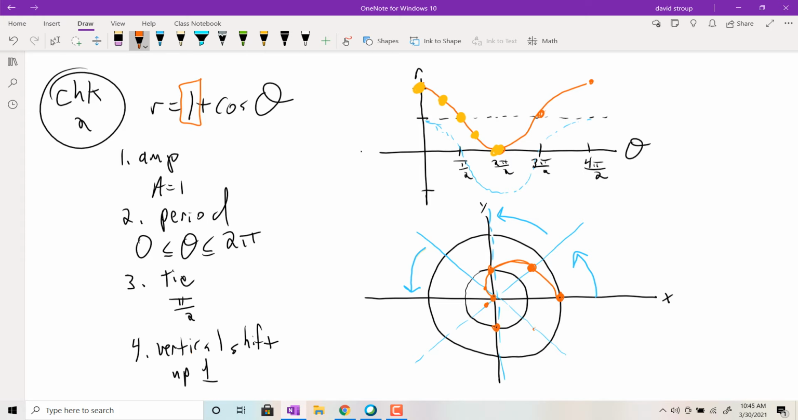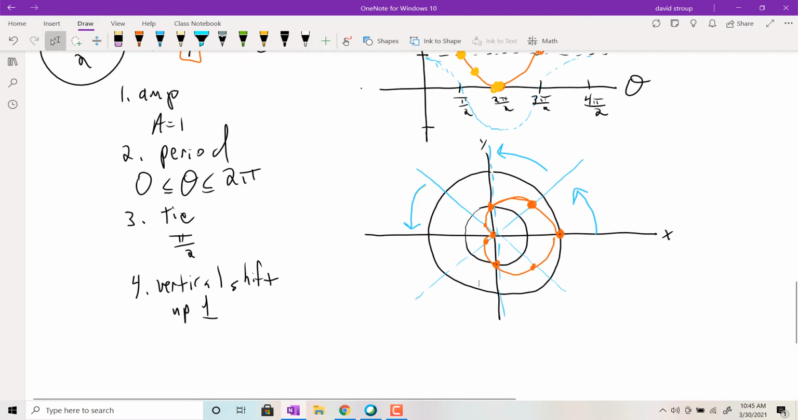So I can kind of cheat a little bit and say, well, it's just going to do what it did before and come back around like that. Okay, so you start asking yourself, well, is there some sort of symmetry I can take advantage of, like I did with